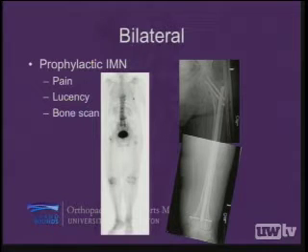There have been recommendations, depending on the series, that one do it based on pain. Again, I don't know how solid that is. There are also recommendations that when you see a lucency in the lateral cortex, or as in this case a bone scan that's positive. I think we are far from, or perhaps not too far from, having firm recommendations, but the question has been raised, and as surgeons we have to pay attention to that